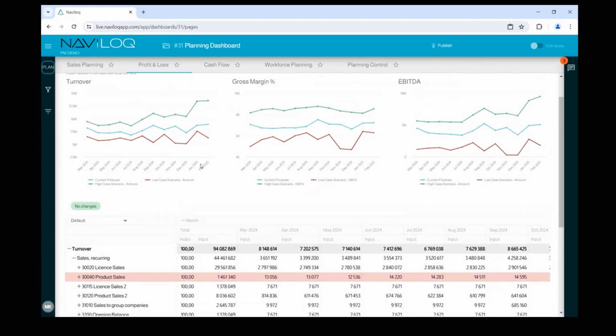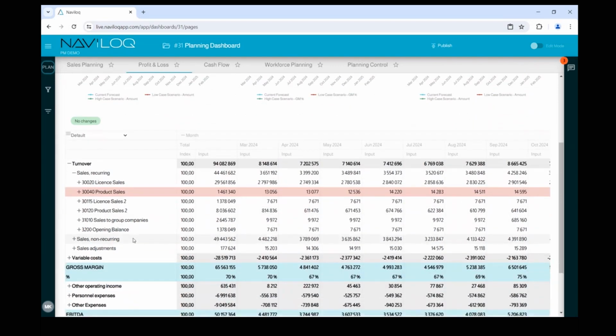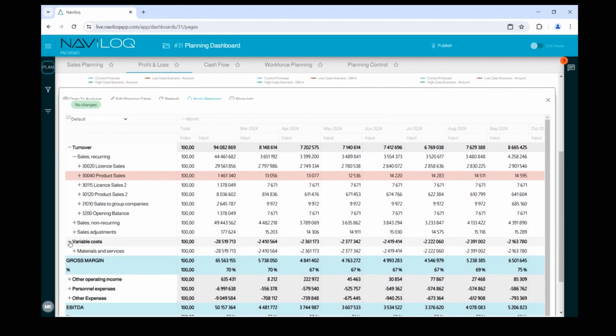The visuals on this page also demonstrate Naviloq's capabilities to handle scenario planning and how you can easily compare different scenarios against each other in reporting. So let's say we want to change our assumptions for this forecast round. If we want to factor in, for example, an expected increase in our materials and services costs,